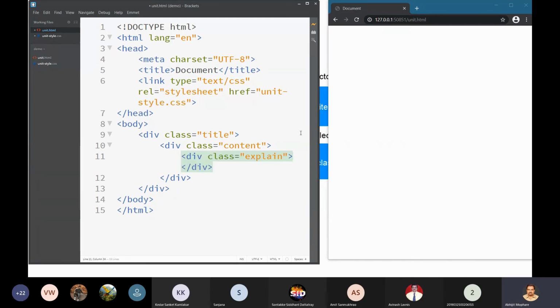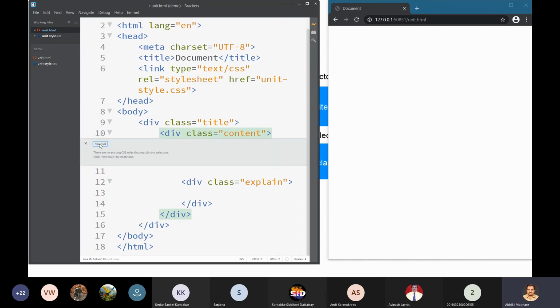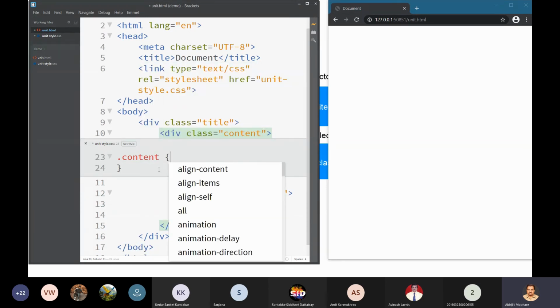I will create these divs, and within this div I will put certain elements. I will apply the css rule using control e, and I will directly write down the rule, and that will be applied.